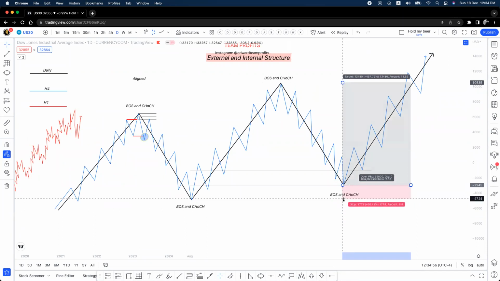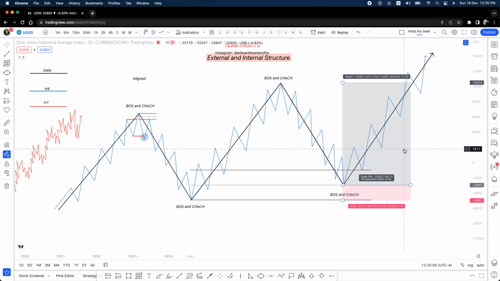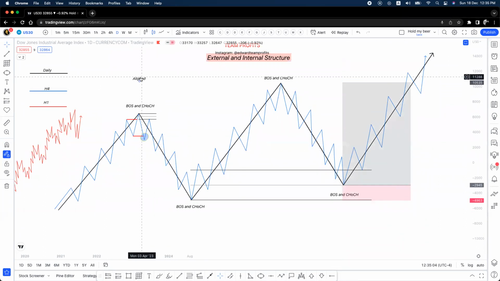And your stop would be here, right? But what you really want is to wait for everything to be aligned, right? You want all structures and all timeframes to be aligned. Aligned means that